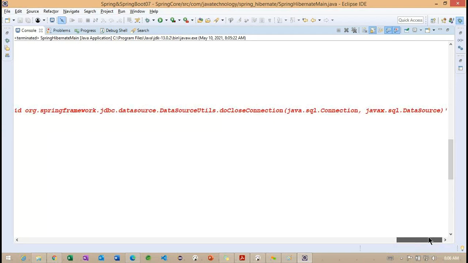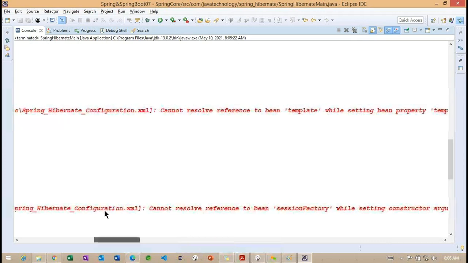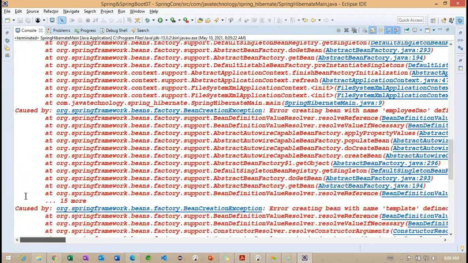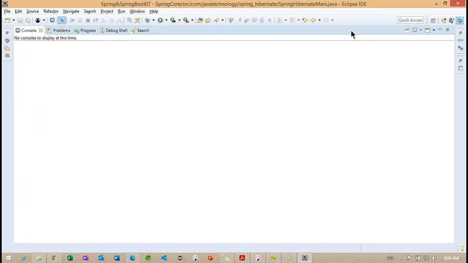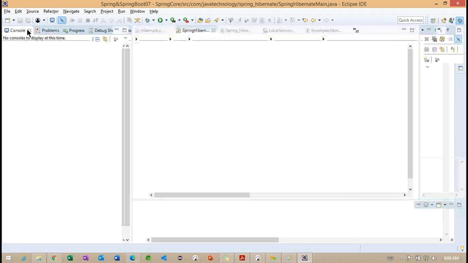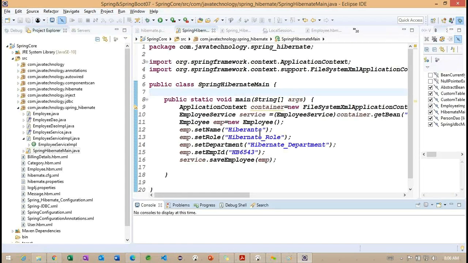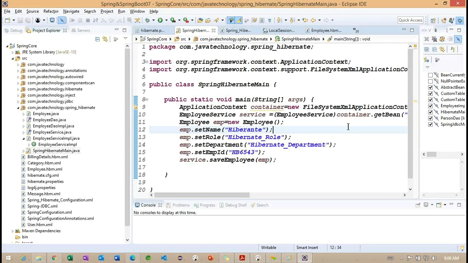No such method, data source. So we'll try to debug this. While creating the session factory object, we are getting an error. We'll first debug why we are getting this error, what we missed here, and try to resolve this exception.